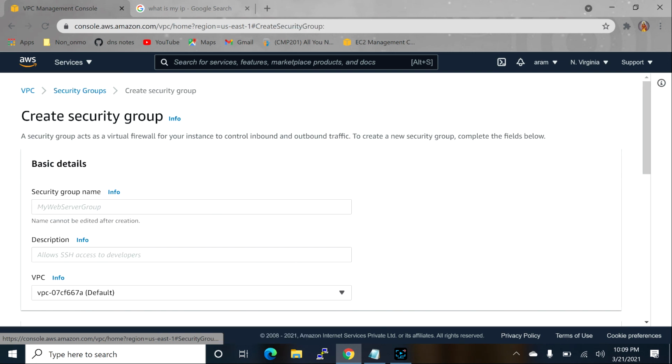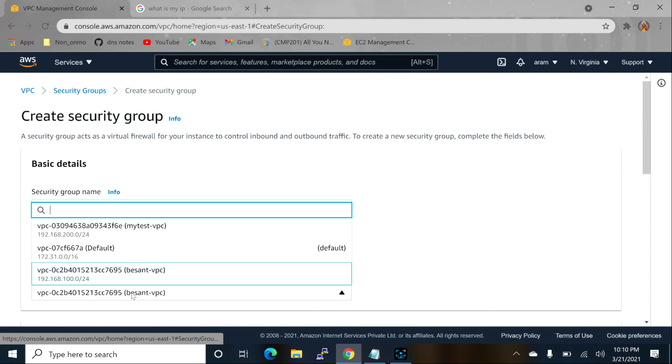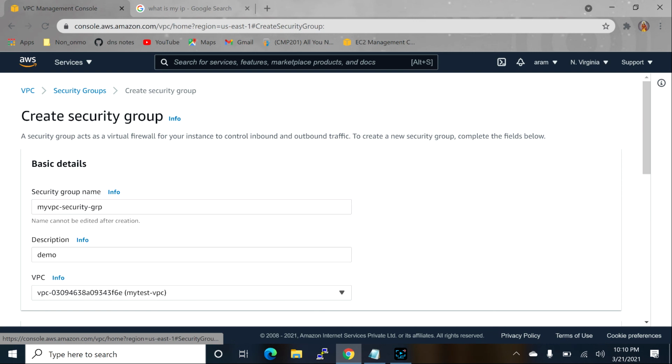So the same thing: NACL is the first level of security and the inbound security group is the second level. Description just demo, select your VPC.